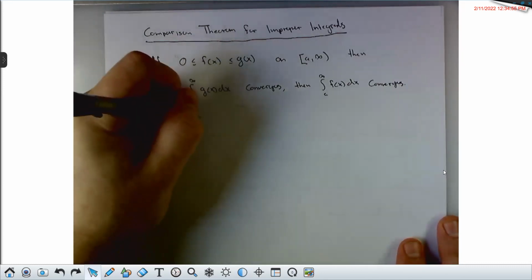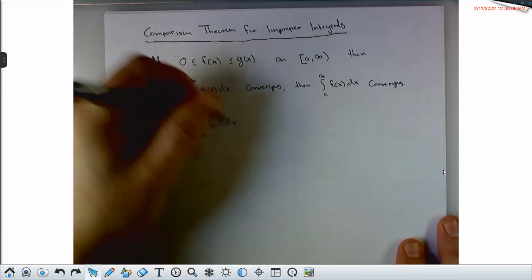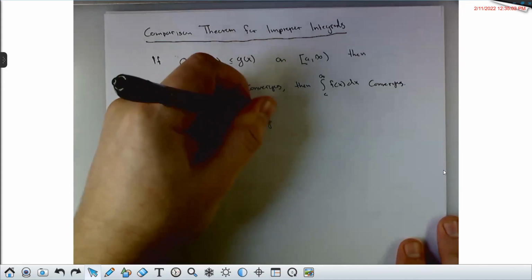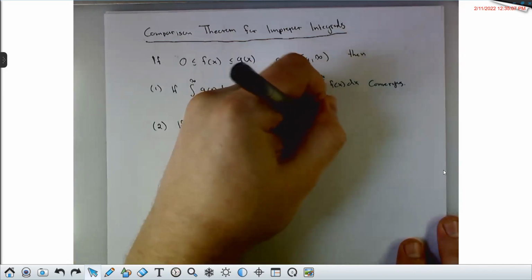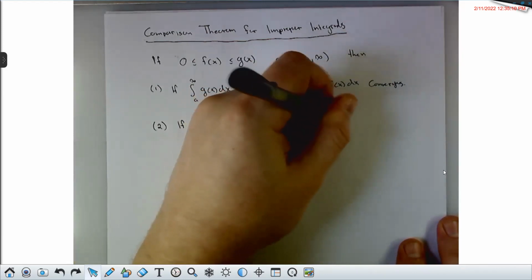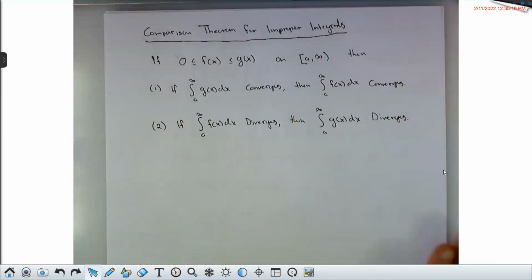The second thing which is true here is that if the integral from a to infinity of f of x dx diverges, then the integral from a to infinity of g of x dx diverges. So if the integral of the smaller function f is infinite, then the integral of the larger function g must also be infinite. In terms of areas,